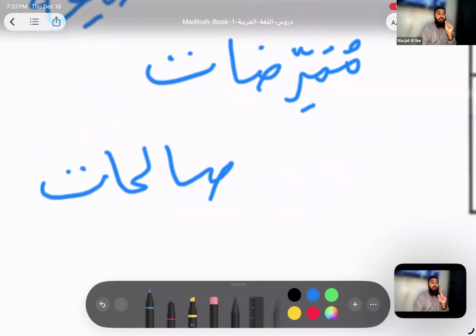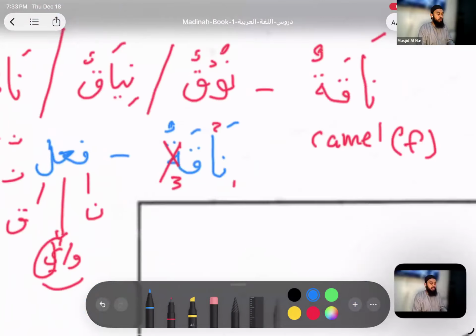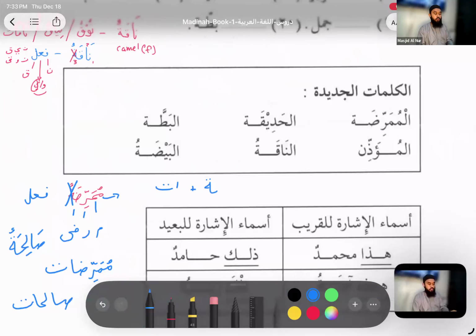But it's as long as it's an attribute to a person. So you cannot use the same rule for words like naqa. There is a naqat, and it exists in a dictionary, but some words don't exist like that. So it has to be like a quality. So let's go, tabiba. What's going to be the plural for tabiba? Tabibat. Right? What's going to be the plural for female teachers? Mudarrisa. Mudarrisat. That's the easiest way.